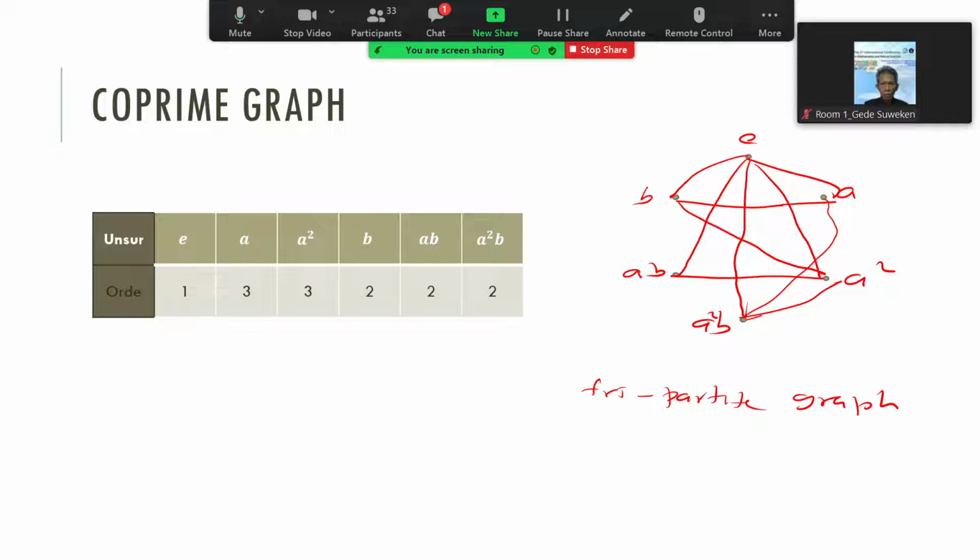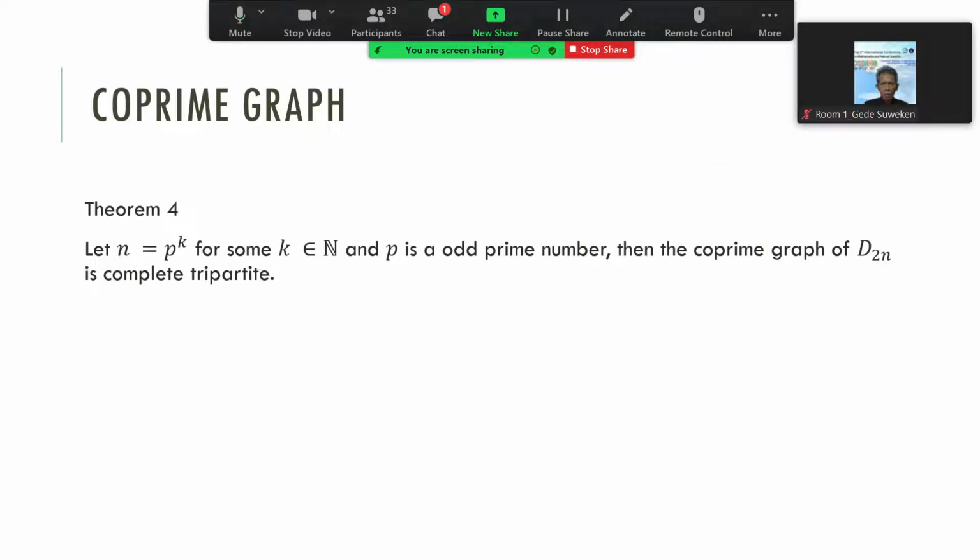The question is, when does a dihedral group give a tripartite graph, and so on. This is the fourth theorem. If n is p to the power of k, and p is an odd prime number, then the coprime graph of D to n is a complete tripartite graph. This is easy. How to prove it? Easy, because if n is p to the power of k, then we only have